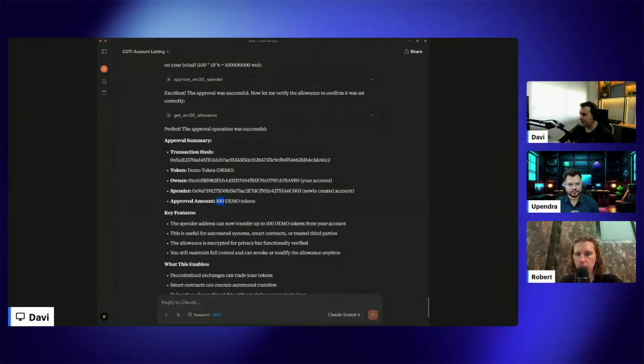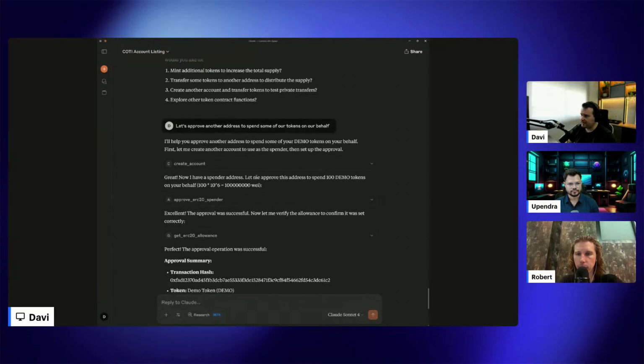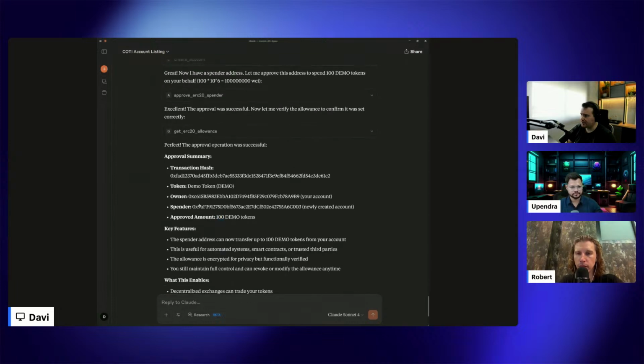And okay, it approved like 100 tokens, not the 1,000, just 100. I can just use 100 tokens. But now that's a new account. Let's check here the contract address, because we probably need to transfer one COTI to this address to have some balance in order to use it.